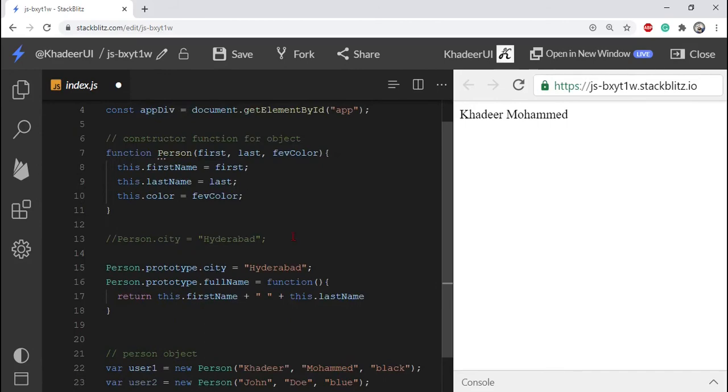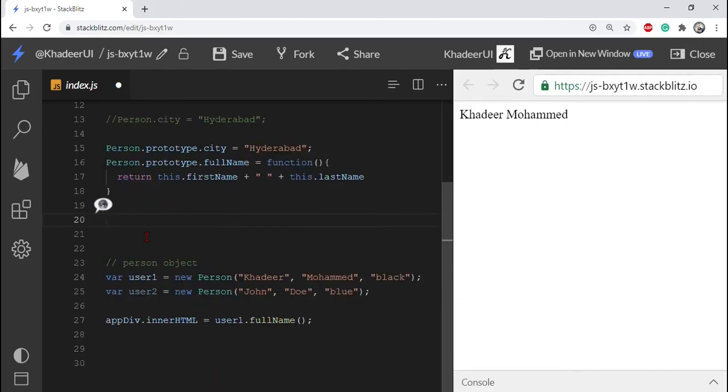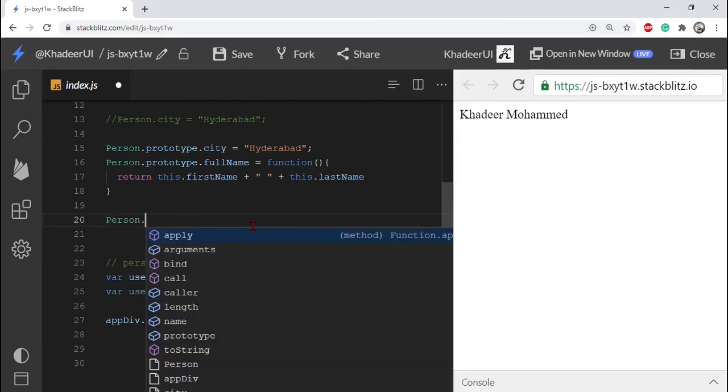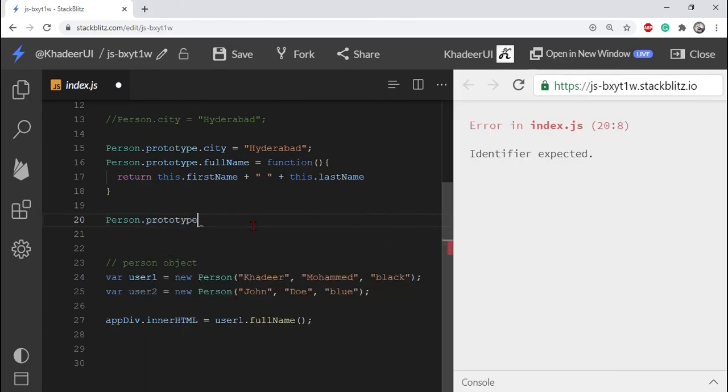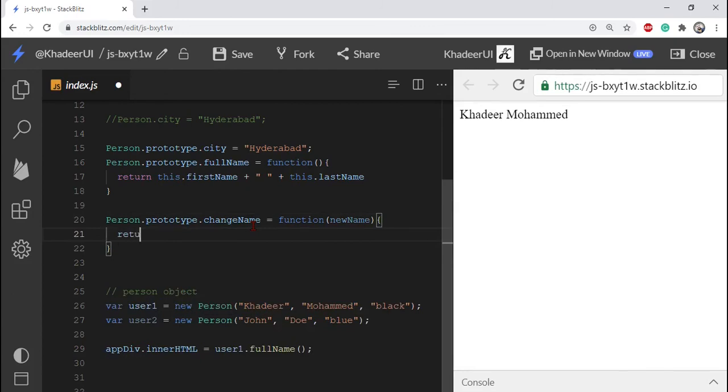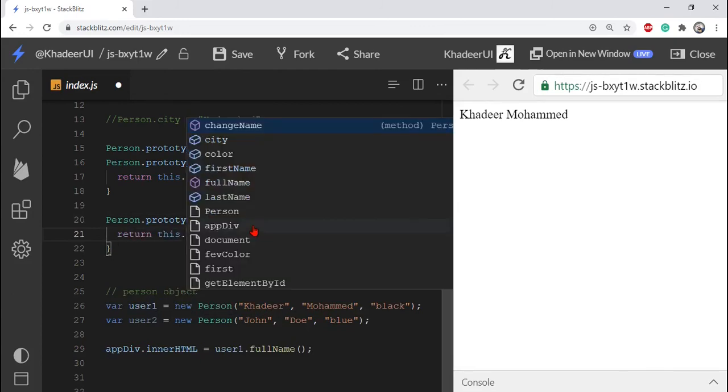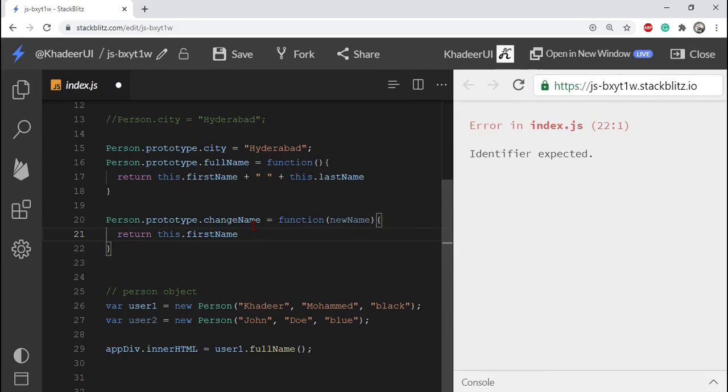Now I will change the name, showing how to change a name using a method. Person dot prototype dot changeName equals a function with the parameter name, the new name. Inside, return this dot firstName equals name.